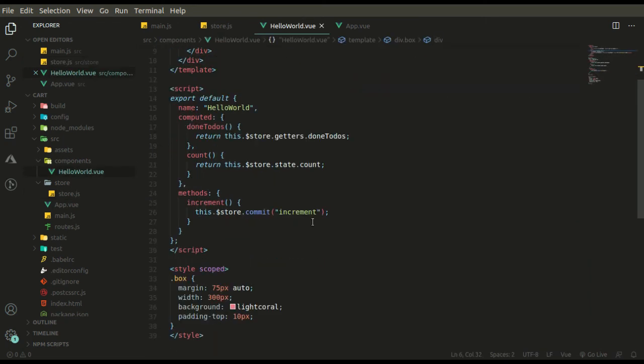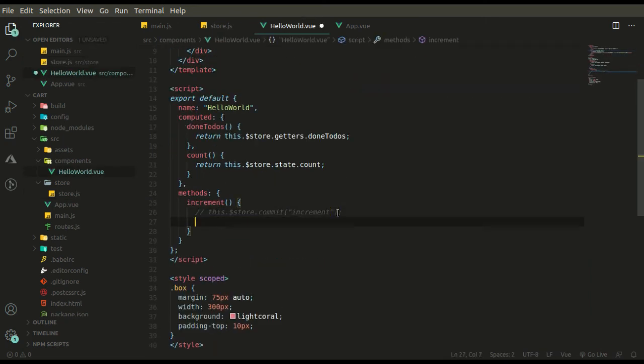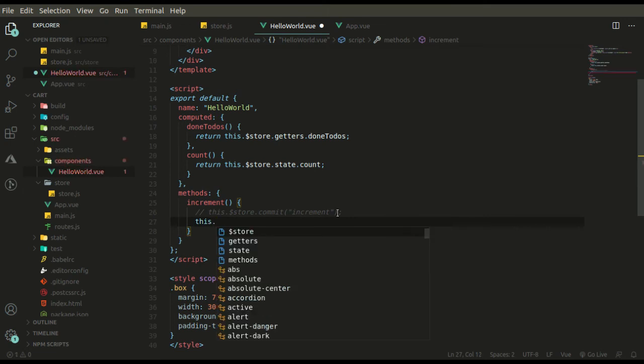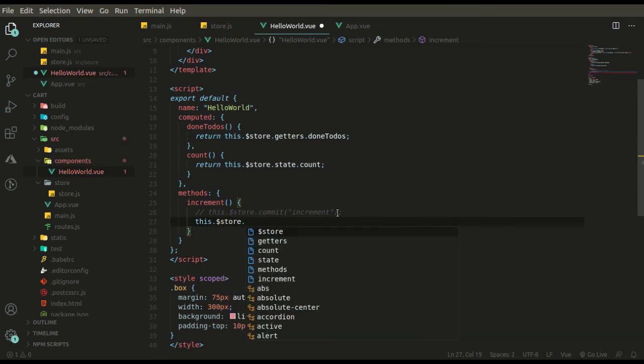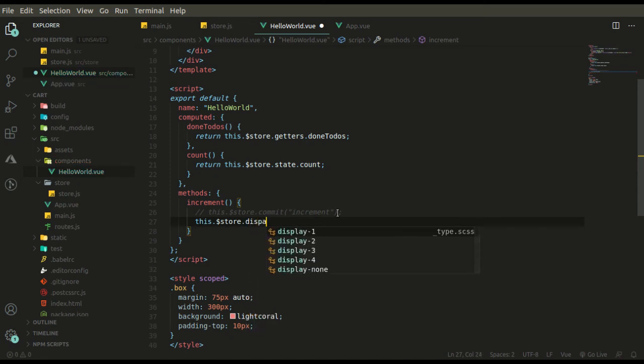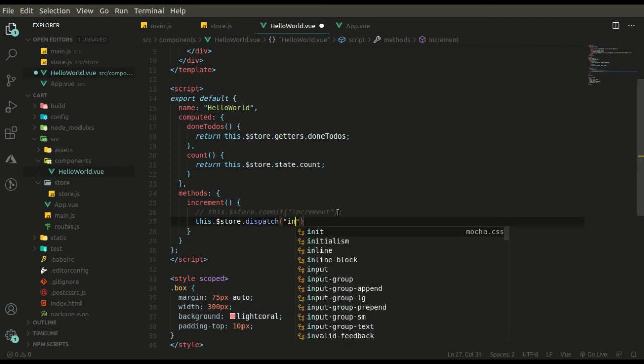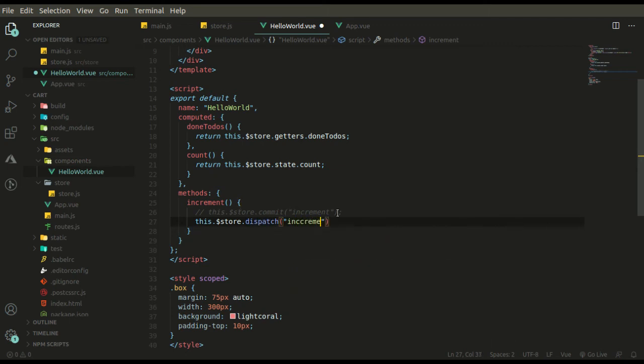To call the actions, we do not need to commit, we simply need to dispatch it. this.$store.dispatch, and the name of the action.